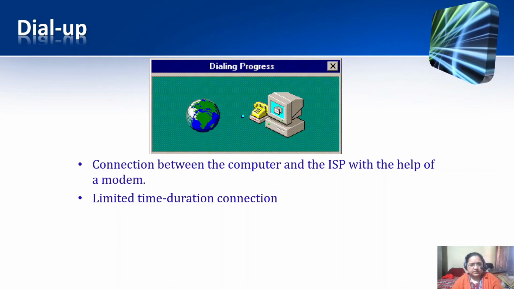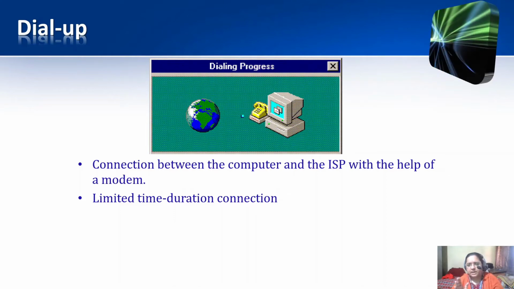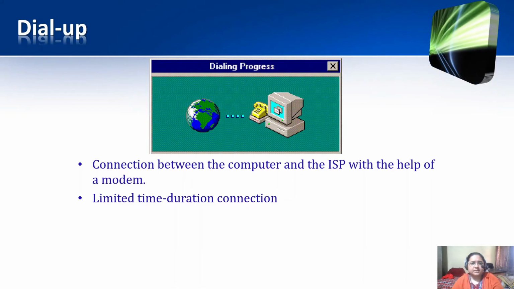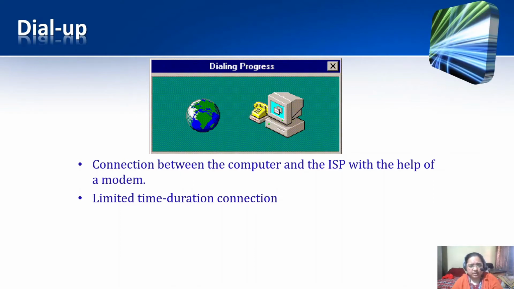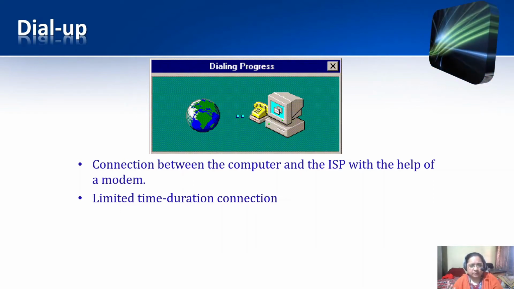During the peak hours, normally it is very difficult to get a free available port for connection on the ISP's server, and when it's not so peak hour, like from 10 p.m. to 6 a.m. in the morning, that is usually the time when most people are not working on the computer.